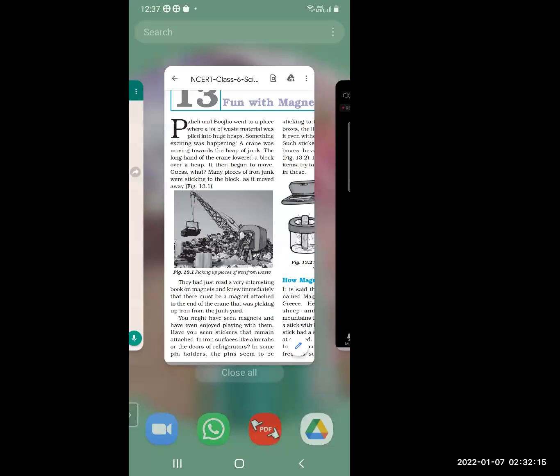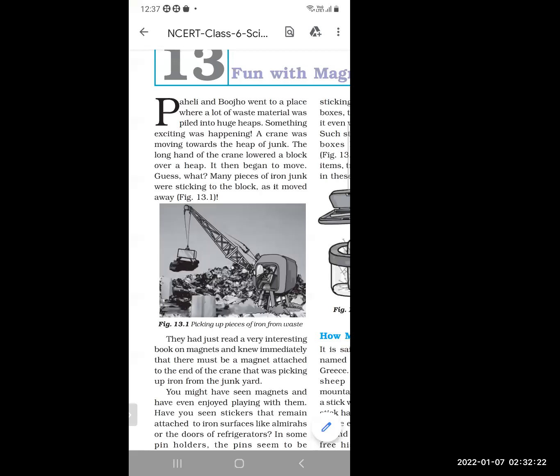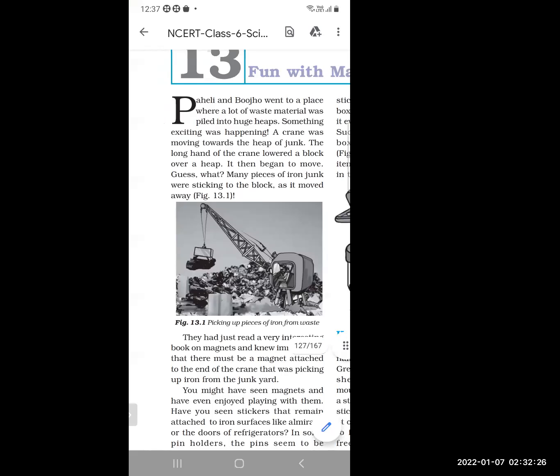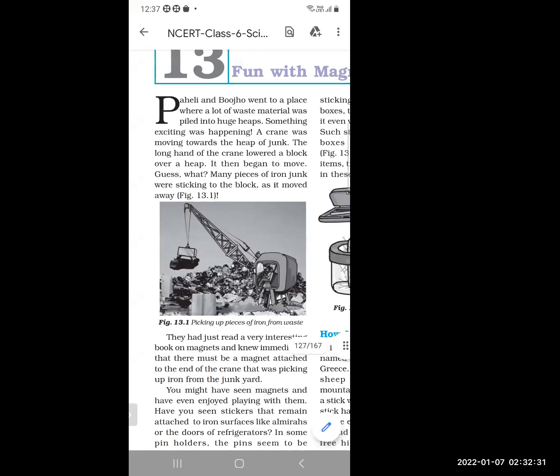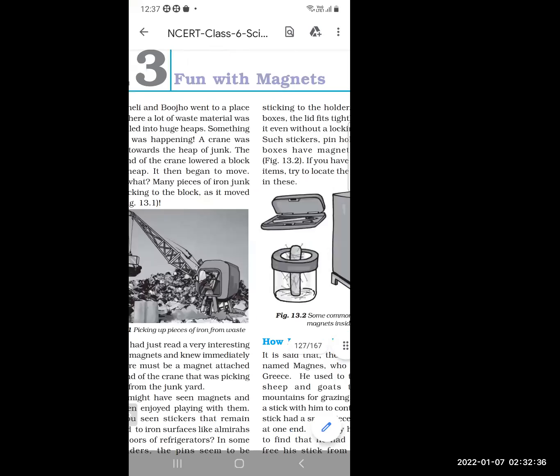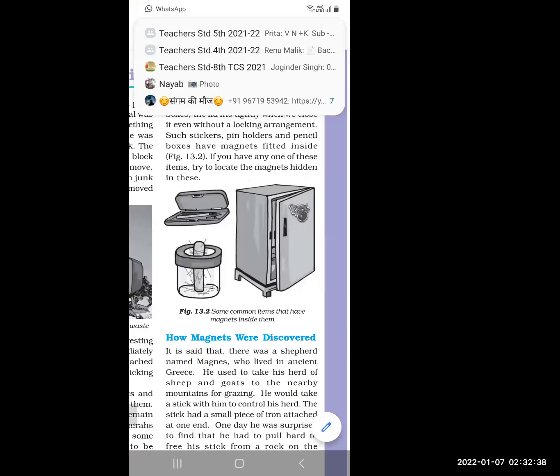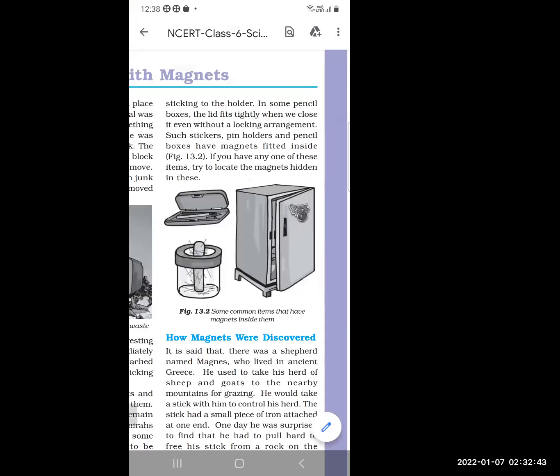And what are artificial magnets? Bar magnet, cylindrical magnet, horseshoe type magnet, and dumbbell shaped magnet or ball ended magnet. And what is the use of magnets? We use magnets in daily life. For example, in the refrigerator, as shown in the figure, and in the geometry box, and in the ironing machine, and in the